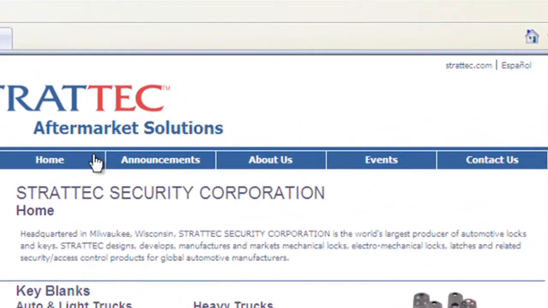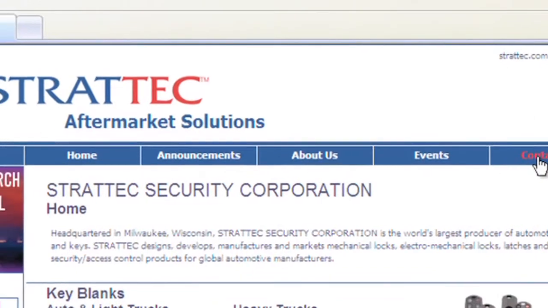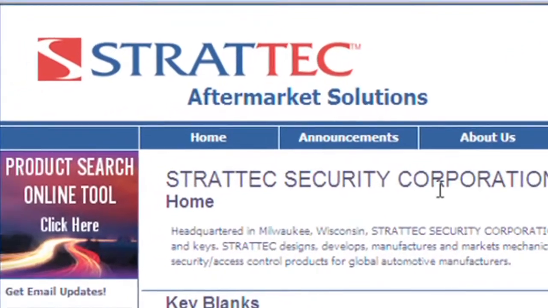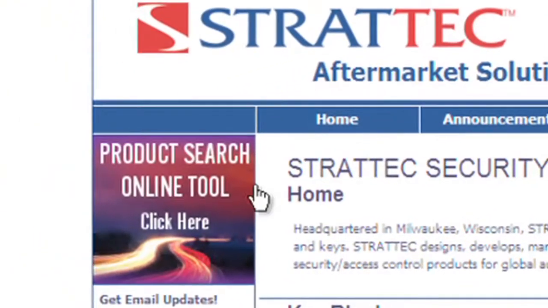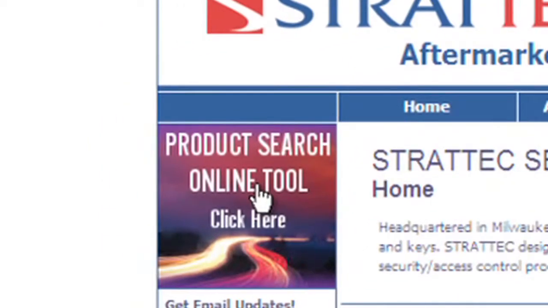We do have the toolbar across the top: the home page, announcements, about us, events, and ways to contact people at Strattec. One of the main features and one of the main used areas is the product search online tool. Now this tool is something that we used to provide on CD-ROMs. We no longer do that. It's all online. So what I'm going to do is take you into the product search online tool,